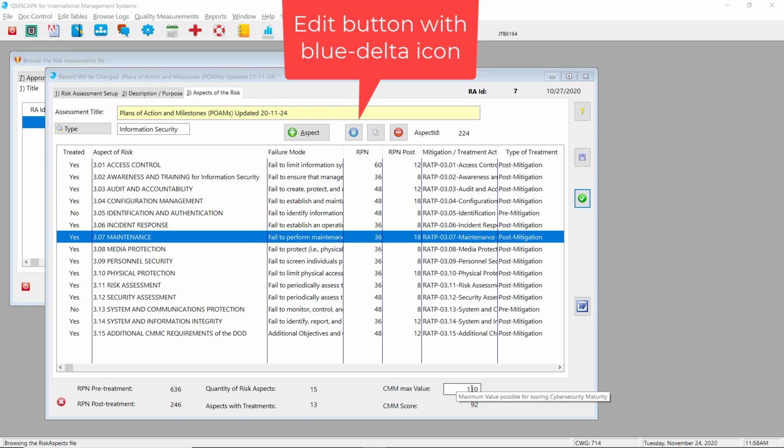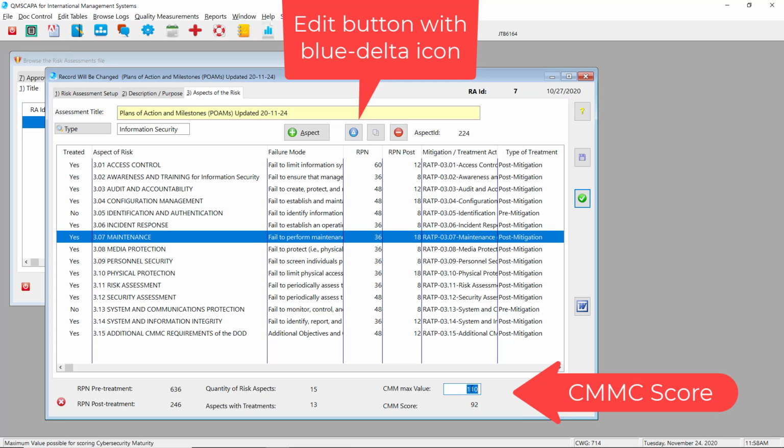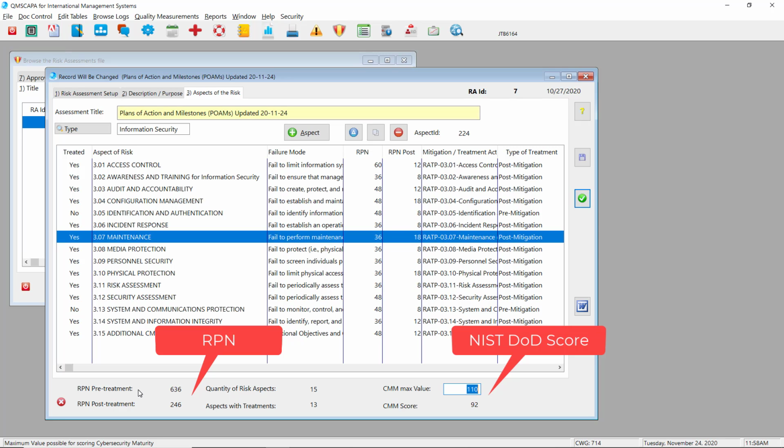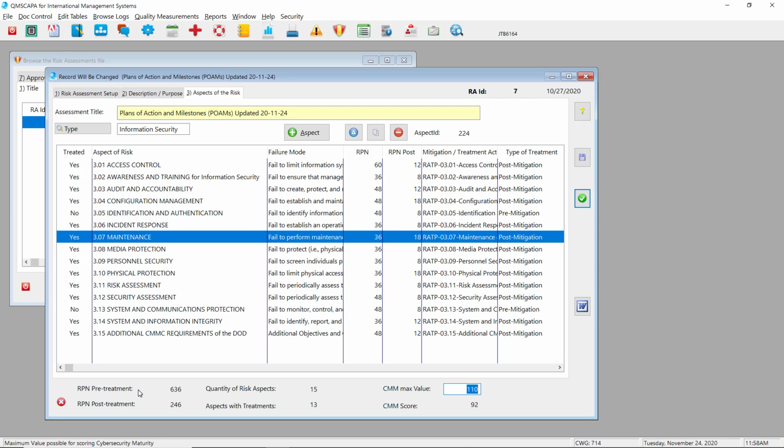Along the bottom of the window, you'll see that QMSCAPA is keeping score. It's keeping track of the risk priority number, pre-treatment, post-treatment, also the quantity of risk aspects that you've recorded, added, ones that are treated, and also if you're scoring for the Cybersecurity Maturity Model, it will show you your running score as you complete the implementation in your security systems plan. So I'm going to close out and just give you